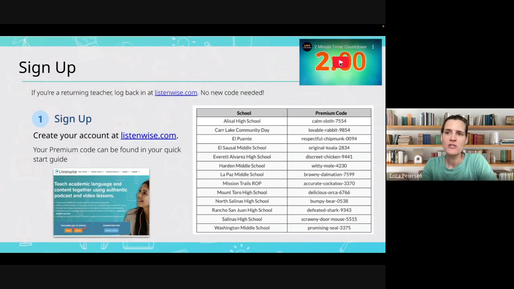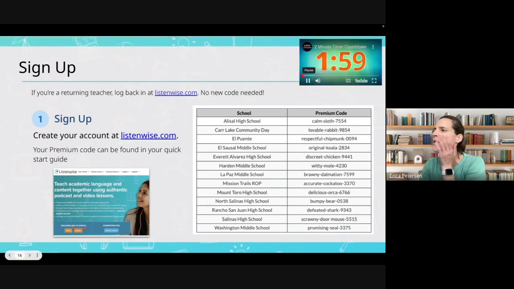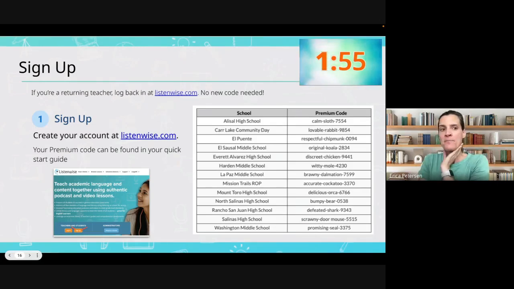Let me know if you have any questions, concerns. Does it sync with gradebooks? We have some Google Classroom integrations, which would include some grade syncing with Google Grades. But if you use a different system, no, we do not sync with that.